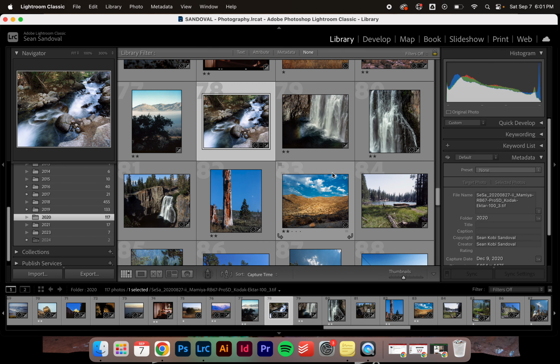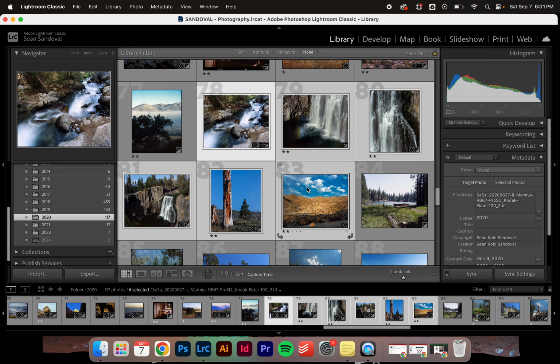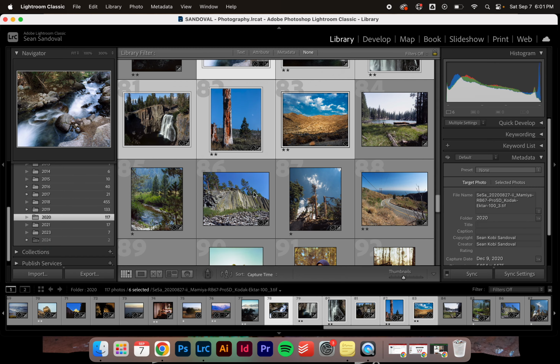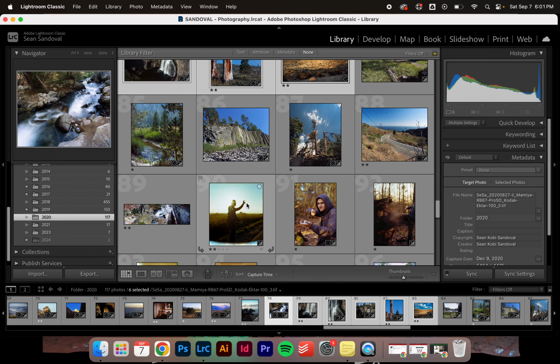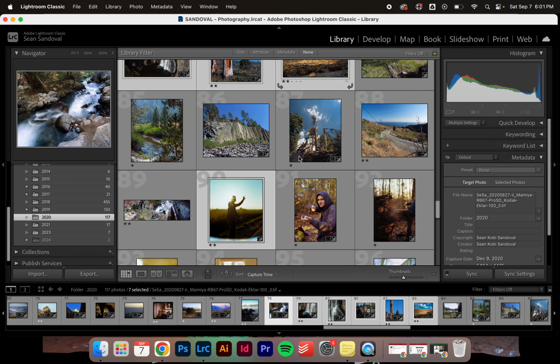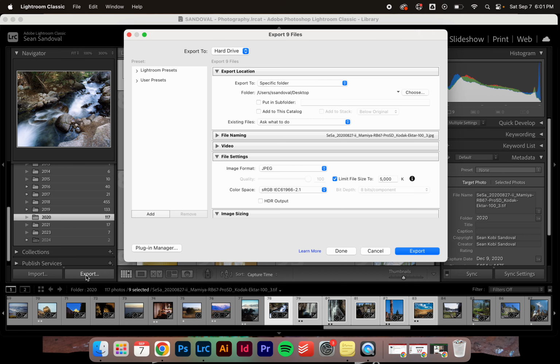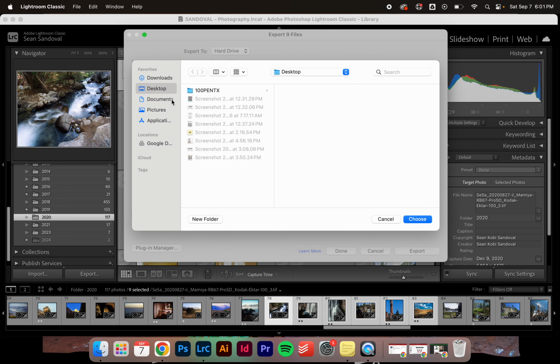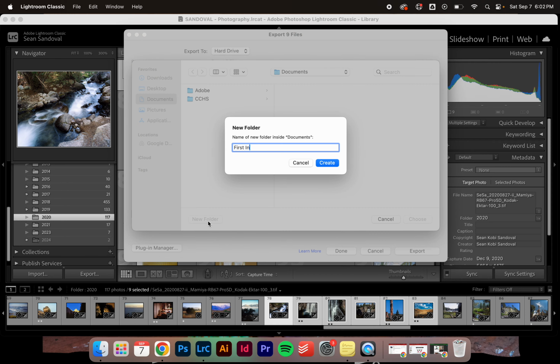And let's hit G to get this grid. I'm going to hold Shift and select whichever photographs I want. Maybe I'll also hold Command to select a single one instead of all the images in a row. Let's just say I do that, holding Command to select the images that I want for my publication. I'll click Export, and I'm going to choose, let's make a new file. Let's just say first